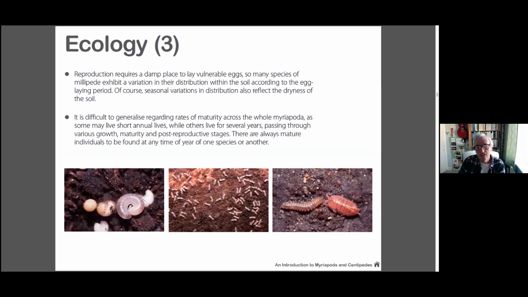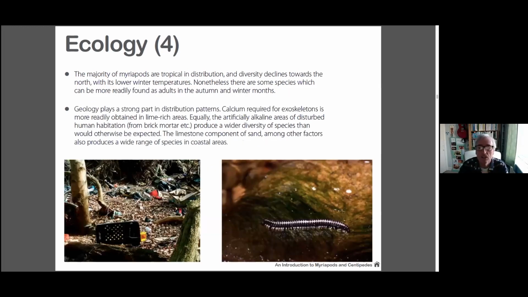Reproduction with all these species involves laying eggs. They're laying eggs, and whether they protect them or just lay the eggs varies between the different groups, and we'll look at that as we go through. At the end, I've got a summary of the difference between some of these things. But in general,